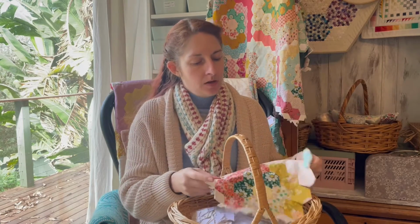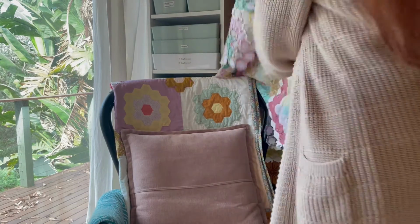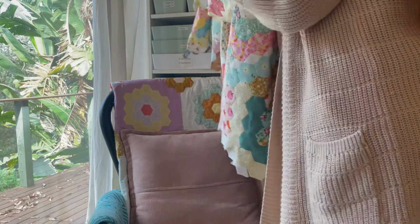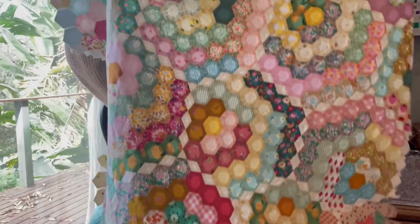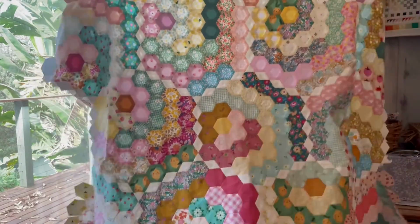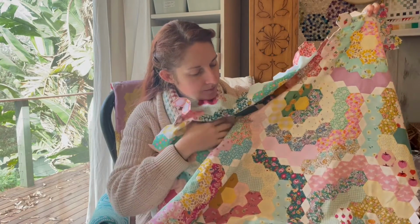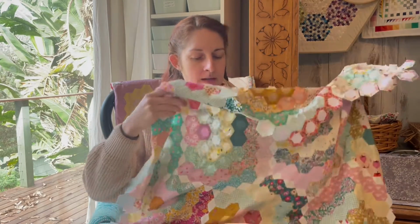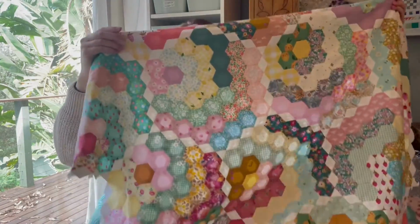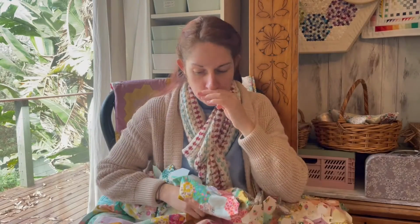And my last block, that's going to go on, and then the quilt is hanging up behind me. Just get it down. So I'm really happy I decided to piece the blocks together with the white diamonds and triangles going around them to connect all the pathways. So I really love this quilt, and there are a lot of people very keen for the pattern, so I am going to start working on the pattern soon. But it's been really fun to work on. It's a really fun